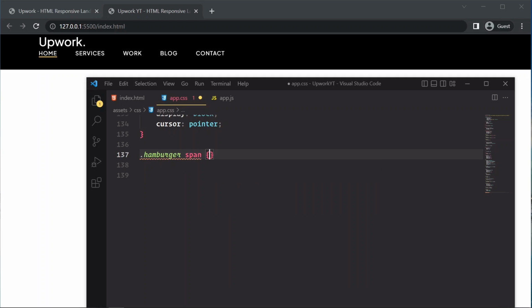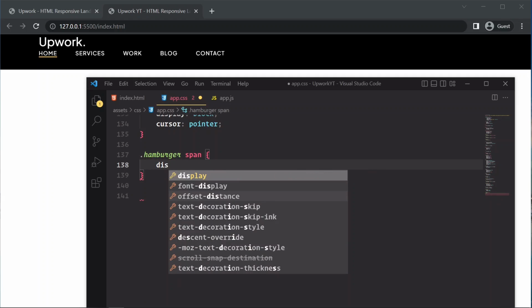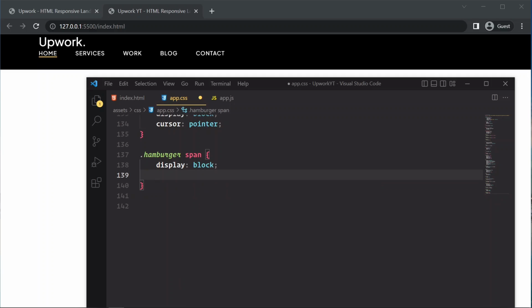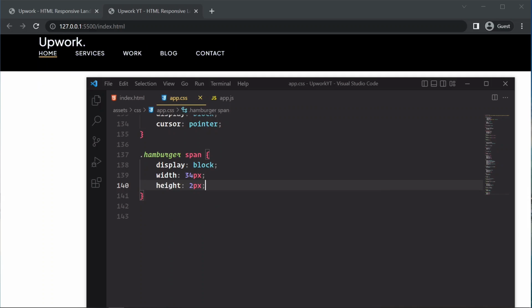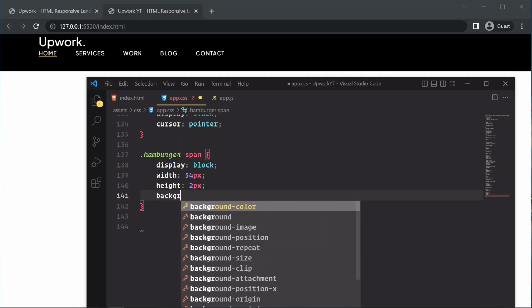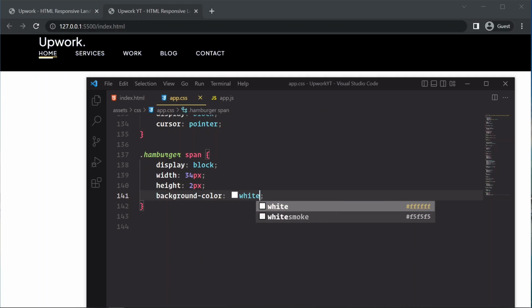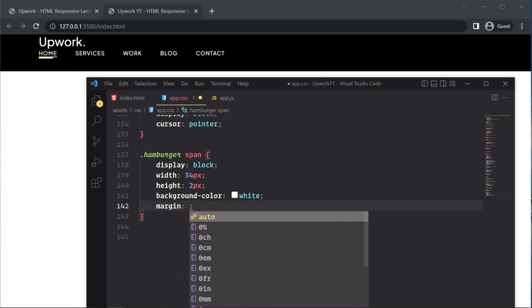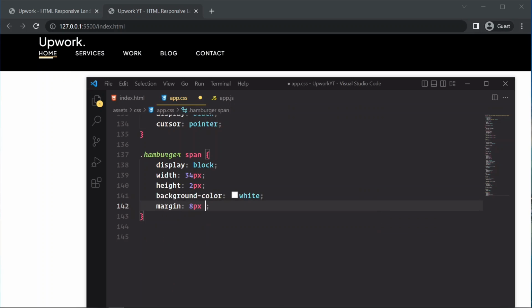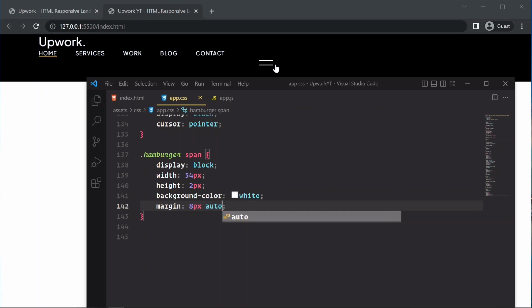Hamburger, I'm going to select the span. I'm going to set the display to block. I'm going to give a width 34 pixel, and I'm going to give a height, say 2 pixel, and the background color will be white. All right, I'm going to give a margin from the top of 8 pixel, and left and right is going to be auto. So this is our hamburger menu,